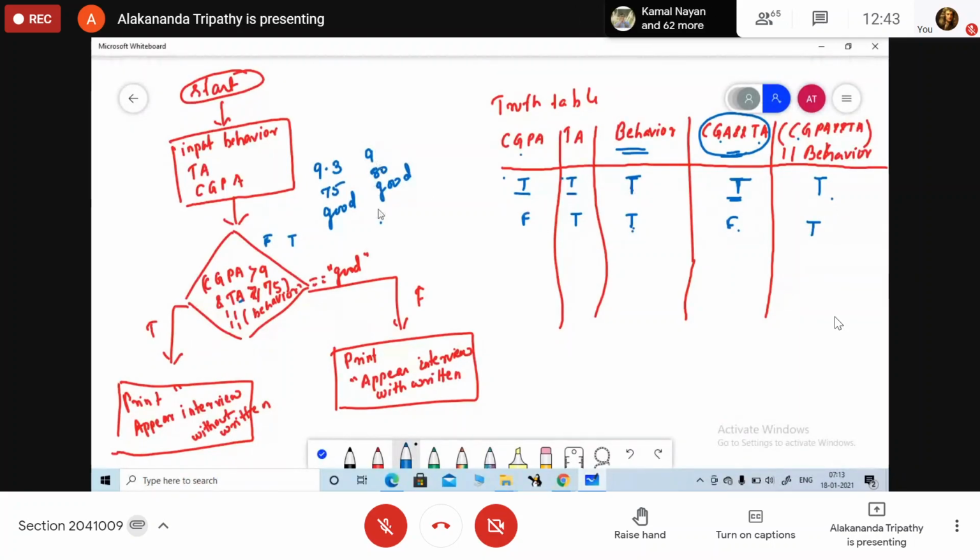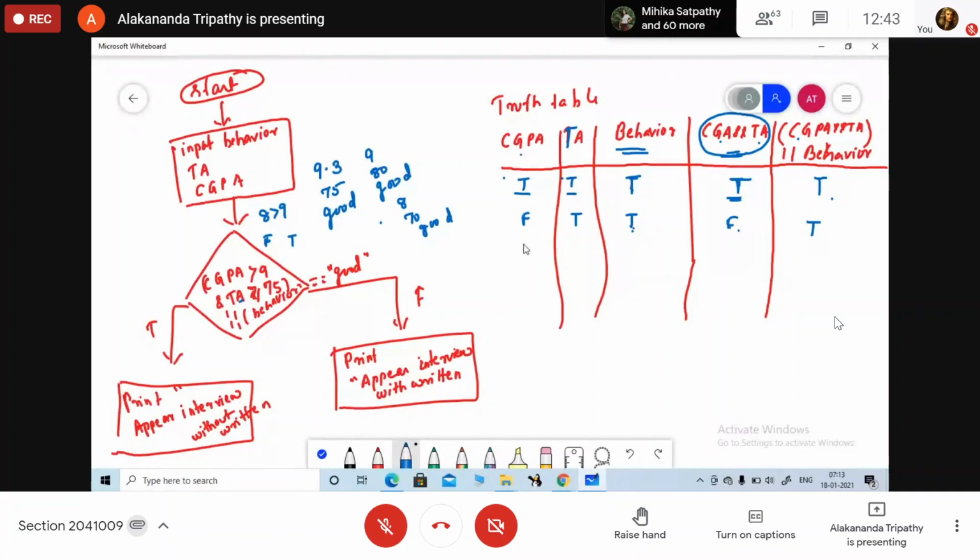Yes, ma'am. All of you clear with this point? Yes, ma'am. Okay. So now here I am going with another example. Let it is 8. And my theory attendance is 70. My behavior is good. Tell me, what will it be? 8 greater than 9.